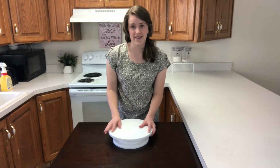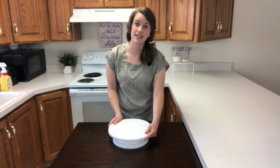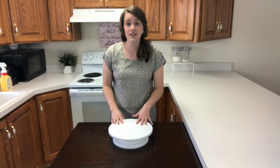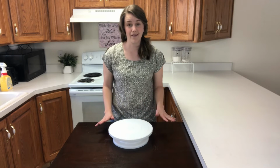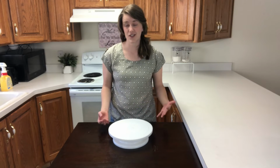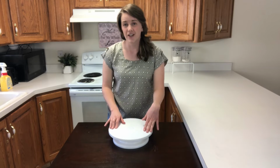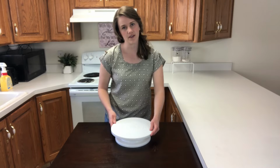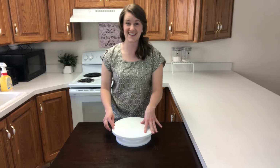This is the one that I have used for the past 3 years as I've been decorating wedding cakes professionally, and I've really loved it. It served me well. It's been a very good cake turntable for running a business on. Functionality wise, I find that it does turn quite a bit better than the Wilton one, which is again kind